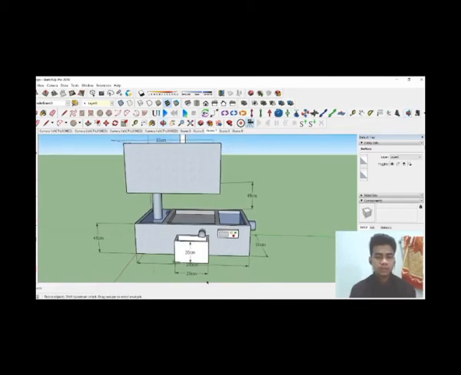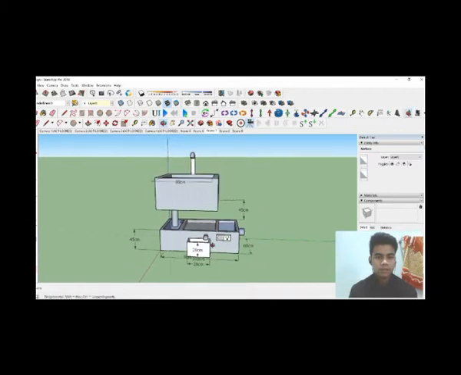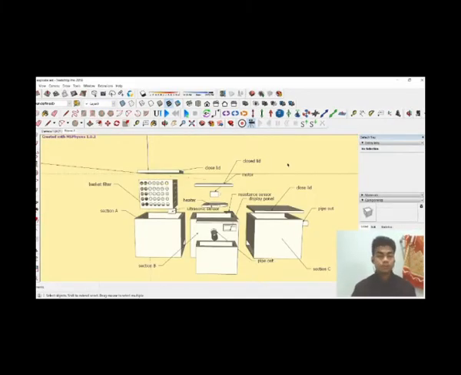So that's all for the dimension of this product. So we continue to the exploded view. Before this we have the dimension view, right? So in the exploded view we can see there is a lot of parts. We can see each section has a closed lid,